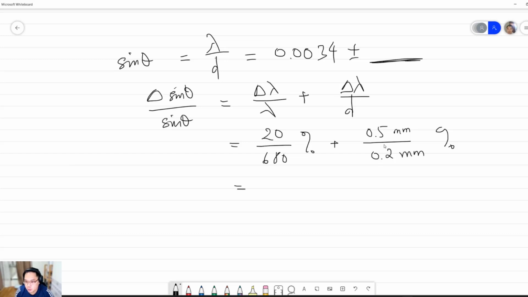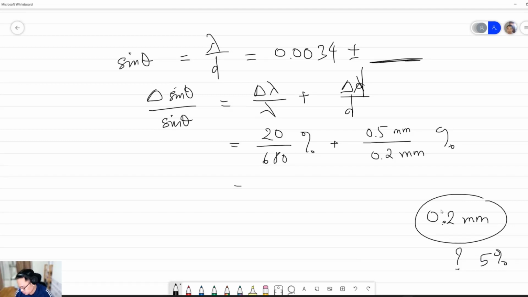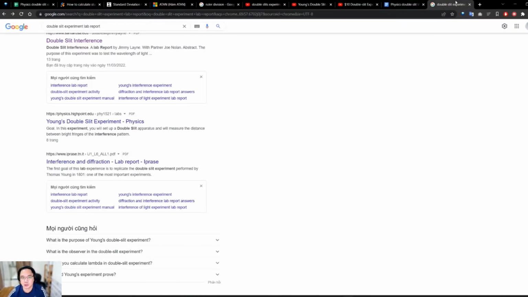So for this d, the uncertainty of this thing, we don't know the uncertainty of d here, right, because we assume it to be 0.2 millimeter without knowing its uncertainty. So we assume that this is like 5% uncertainty because we don't know exactly. We don't have the tool to measure this tiny distance. To measure that tiny distance, we use this ruler,